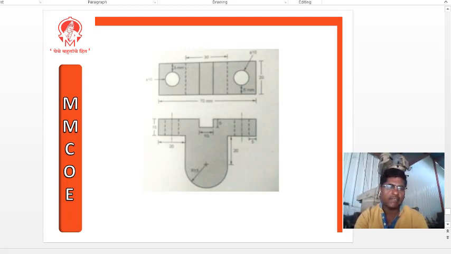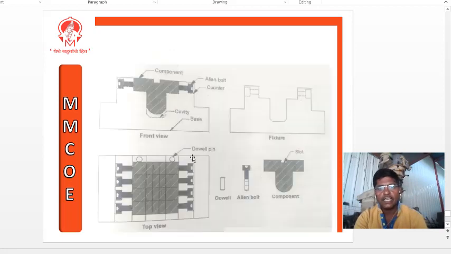Now we will see one example of a milling fixture. In this we have to mill this slot. There are two previously drilled holes. By taking location from these previously drilled holes, I have to mill a slot. So how to do this? Here a figure is shown for a number of jobs, 1 2 3 4 jobs at a time. We are placing 4 jobs over here. So this is the fixture.